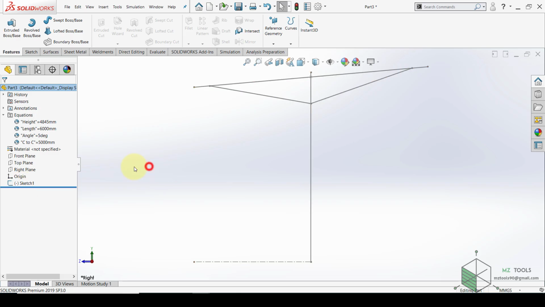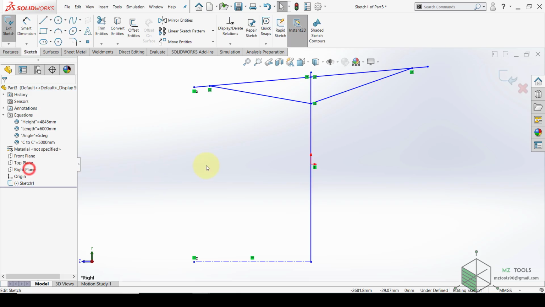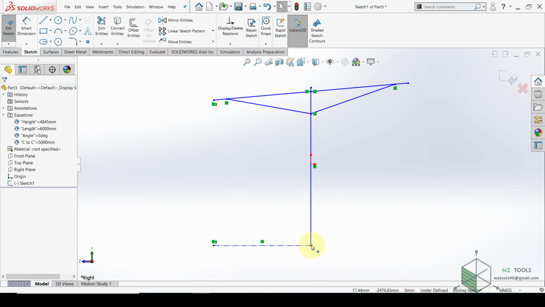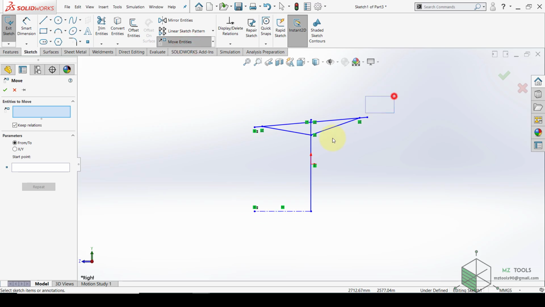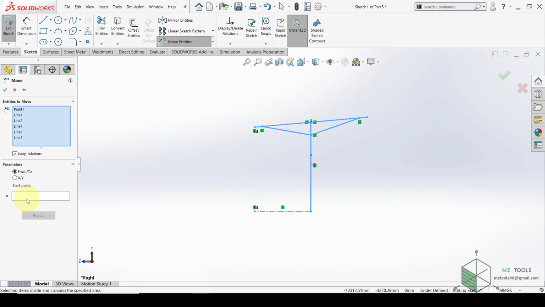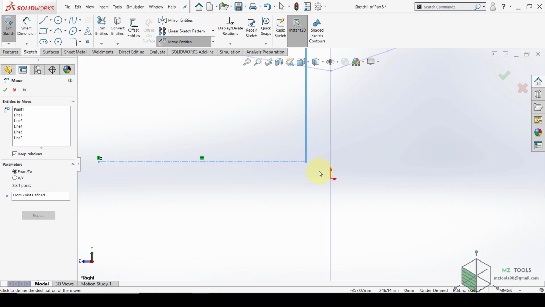Let's edit the definition of this sketch. Before placing any dimensions, we need to set this in the origin. That's why select Move Entities and select all these, and we need to be able to control this sketch from this point. So the start point will be this one, then simply drag it and snap to the origin. Once done,